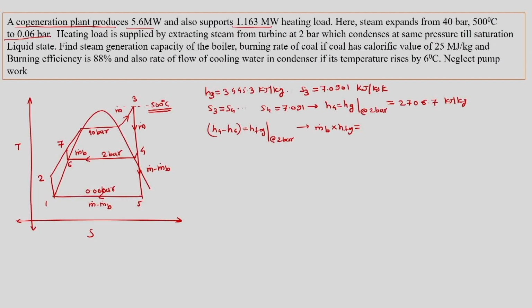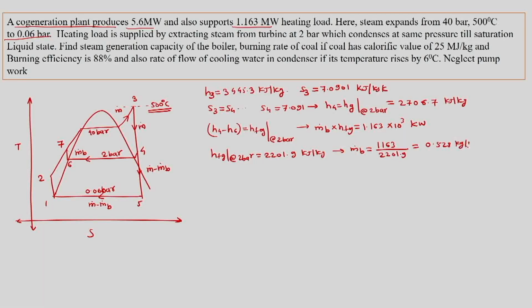This is given as the heat load, and that heat load is 1.163 megawatt, which we can take as 1.163 into 10 to the power 3 kilowatt. HFG at 2 bar is equal to 2201.9 kilojoule per kg. So we get m dot b equal to 1163 divided by 2201.9, and this gives us m dot b as